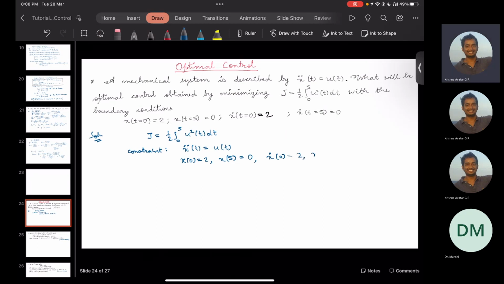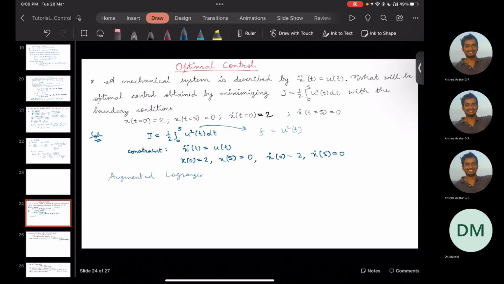This is 2 and x dot 5 is equal to 0. Okay, so from here what we see is that our integrand is u squared over 2. So let's first consider an augmented Euler-Lagrange, or sorry, augmented Lagrangian function. I'll call it L, and this would be half u squared